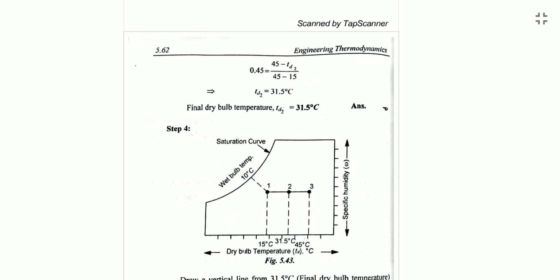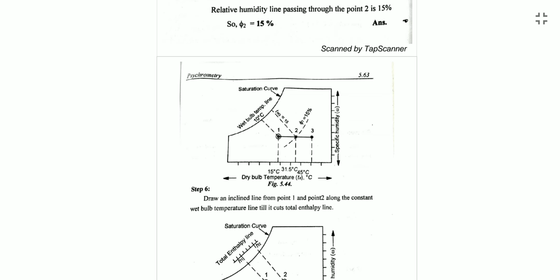Okay, specific volume line is there. From that we can find the specific volume at the point 2. After that, we substitute here, we will get the mass flow rate. With this mass flow rate, we can find the heat transfer by using the formula m into H2 minus H1. That's all about it.